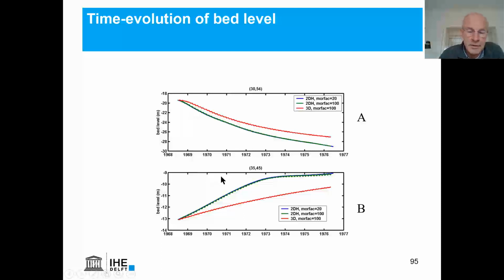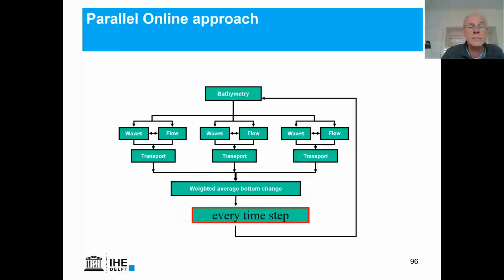So basically what this tells you, there's quite a difference between 3D and 2D simulations, just from the physical point of view, but whether we approximate it with an elongated tide with a factor of 20 or 100 doesn't make any difference. And this is what we see time and again. Unless it's extremely dynamic, we usually get away with morphological factors in the order of 50 or 100. Now, one of the problems that you still have if